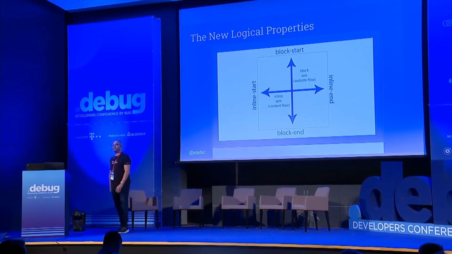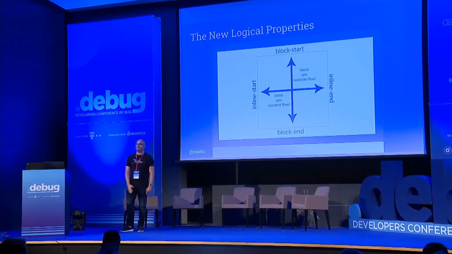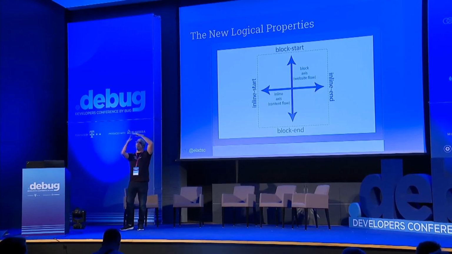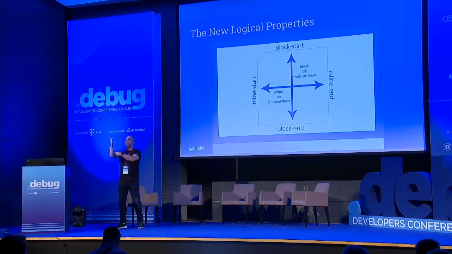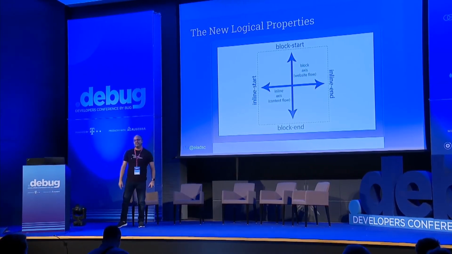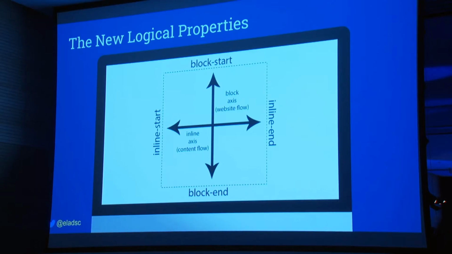And because by default, top and bottom sit on the block axis, top represents the start of the block axis, and because of that, top will update into block start. The bottom represents the end of the block axis. Because of that, bottom will update into block end. And we start to read English from the left side of the screen, and left and right are in the inline axis. If left is representing the start, left will be updated into inline start, and right will be updated into